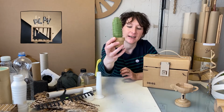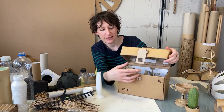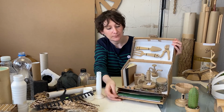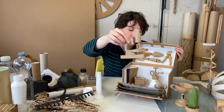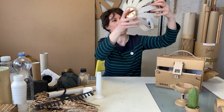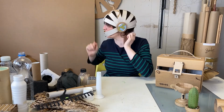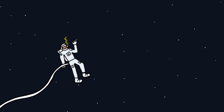So I've got a little cactus here and I've got here a kit for a botanist. It's a little box with some tools in it, some places for paperwork and a tiny little microscope for looking at bits of plants. Sometimes I make things which are wearable, so I have an astronaut's helmet, which might come in handy on our